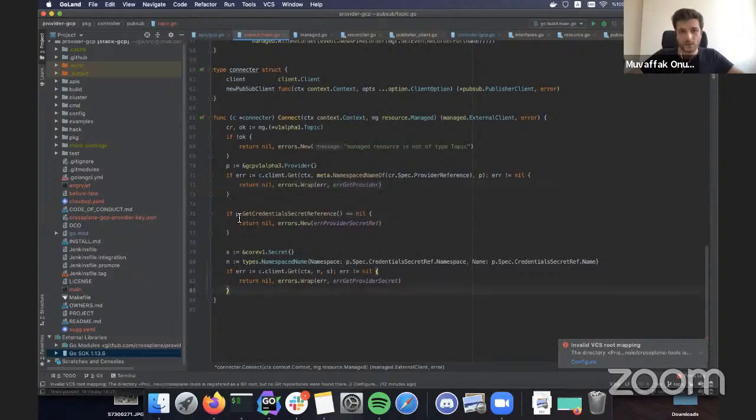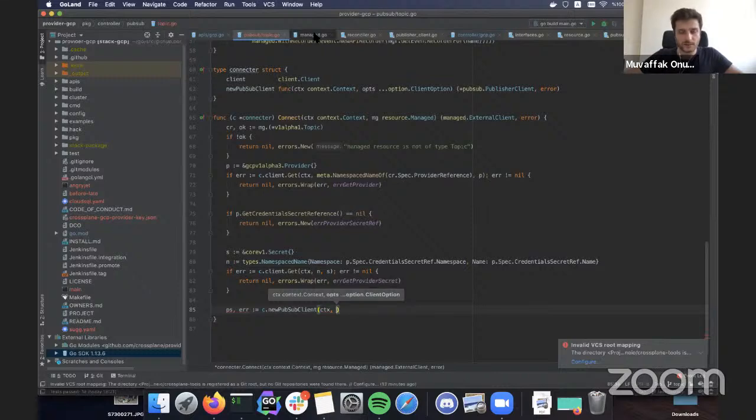All right, so we get the secret and its data. So we've got the JSON blob that is used for authorization to the GCP API. Cool. So now what we are going to do is actually create the client. See that new pops up client.